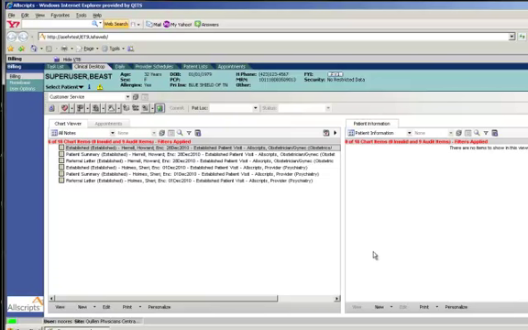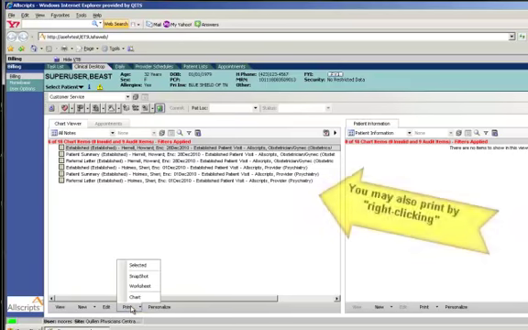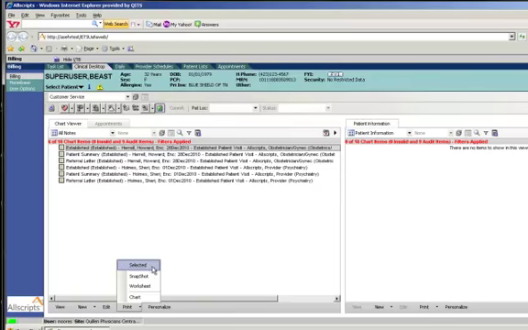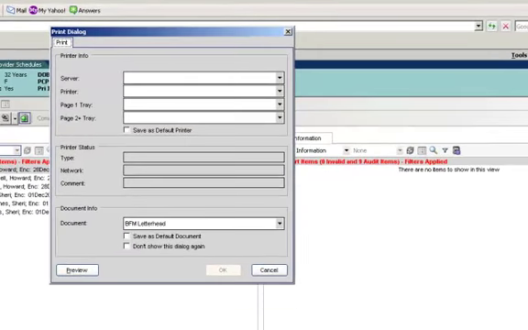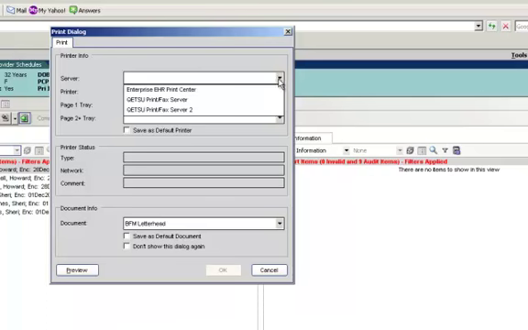Now, if you want to print this, you're going to have the note that you want to print highlighted, and then on the bottom toolbar, click the print button, and if you hit selected, it's going to print just that one note. You can print the entire chart, but you're going to want to be careful because that will indeed print the entire chart if you choose chart option here. So click selected, and here you will choose your printers,